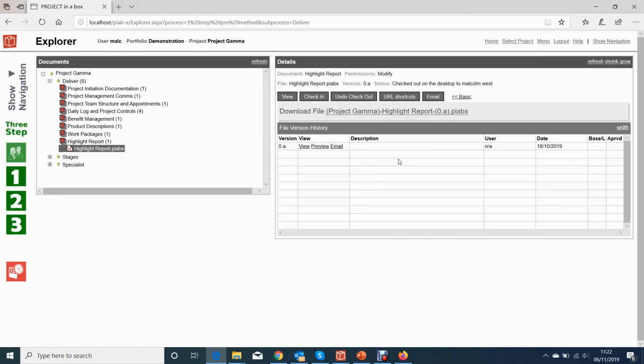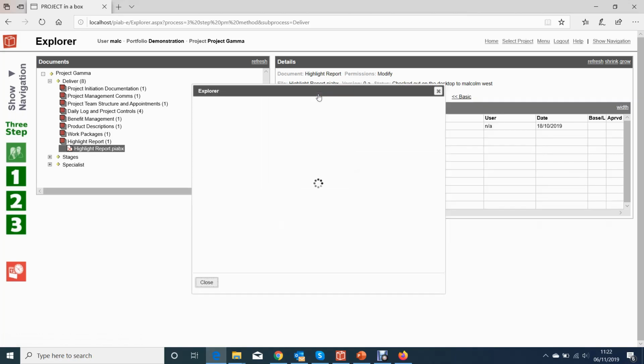Only I can put it back in, but it's obviously a little different from editing in the browser, where you have to be logged on as me to change the file. From the browser, I can instead get the actual file, and then I can give it to other people or share it with them. I could, of course, check out to email as well. That's the other possibility. But if I wanted to have it on a network share, for example, that's the way I would do it. Use a checkout locally, get the file, do what I want with it. And when I'm ready to check back in,